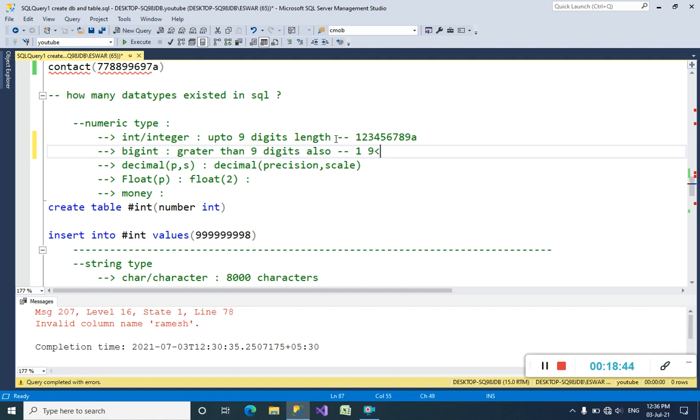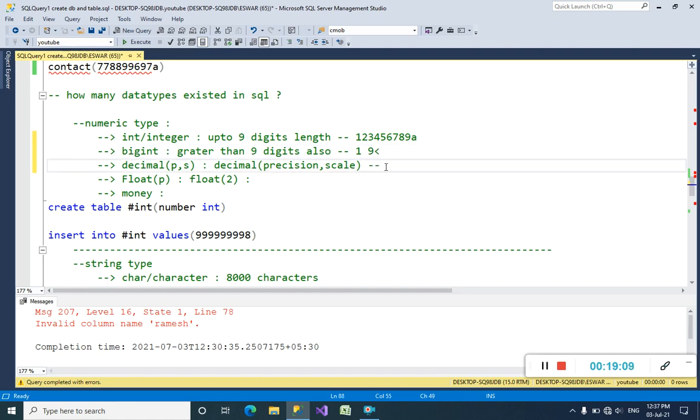And suppose you want to store an account number: many banks have 15 or 16 digit account numbers, more than 10 digits. Then you must declare that column as a big integer.